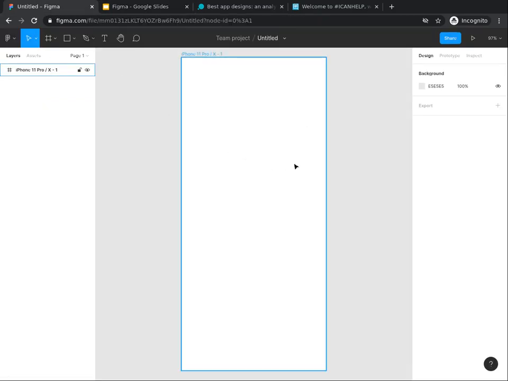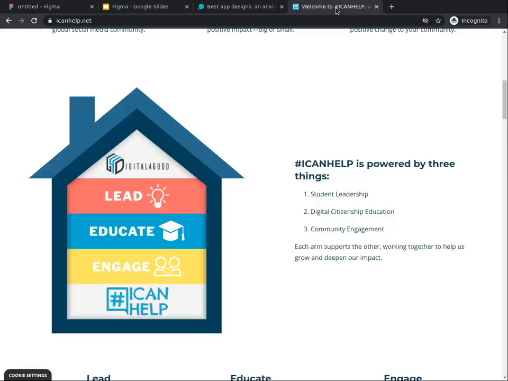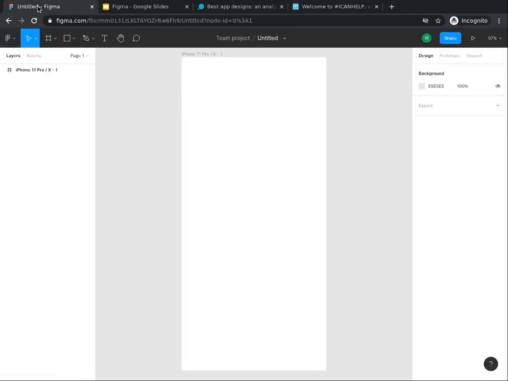You can follow along with the design that I am making, or you can change the shapes or layout based on what you have in mind for your app. For the app I am working on, it will be for a nonprofit called #ICanHelp to inform users of what the organization can do for them. I will use the web page to make sure my app aligns with the content and look of the web page. I'm going to approach it similarly to the Calm app's first screen.